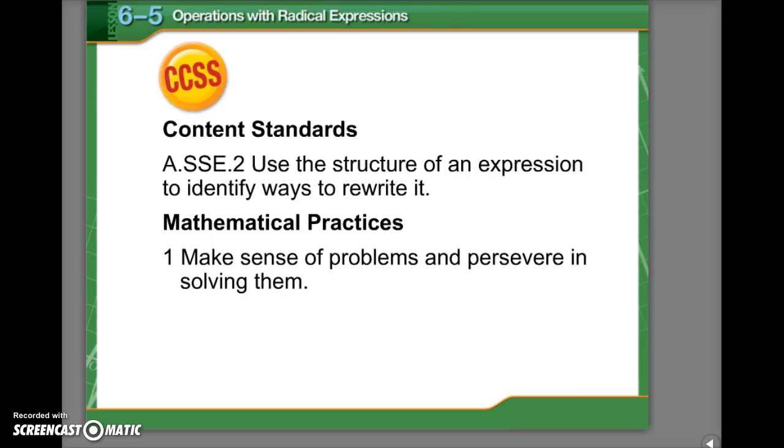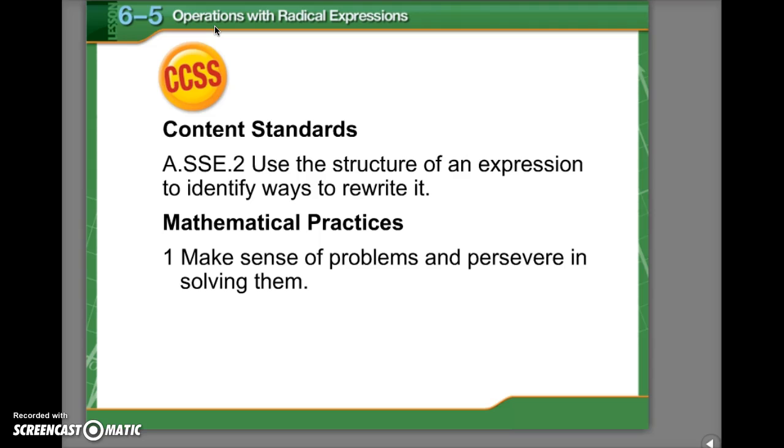Okay, this is the Unit 1, Lesson 14 video, and we are in Chapter 6, Section 5 of the textbook, and we will be talking about operations with radical expressions in this lesson. The content standard that we're going to look at is use the structure of an expression to identify ways to rewrite it, and our mathematical practice is making sense of problems and persevering in solving them, which means there's going